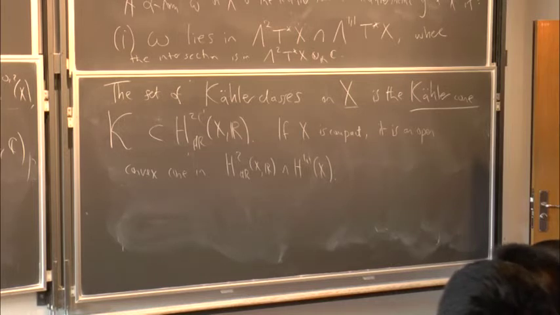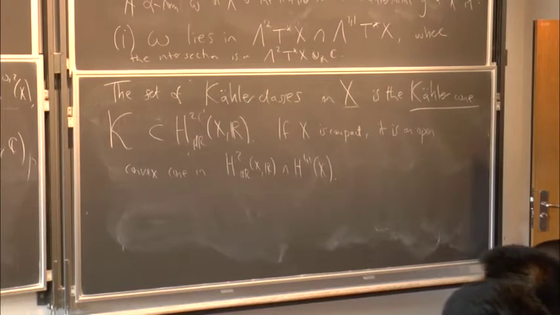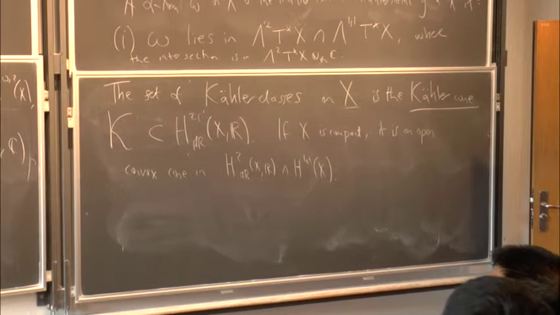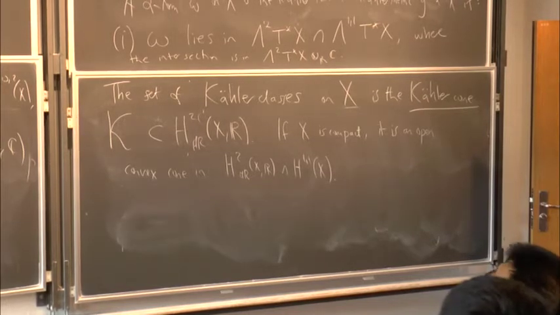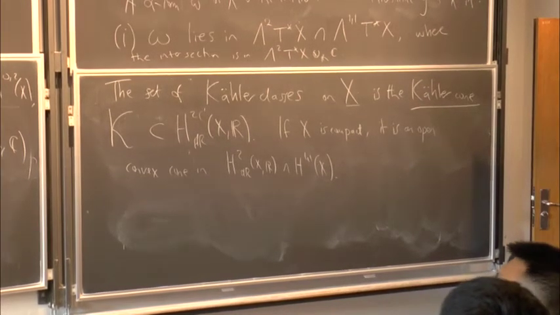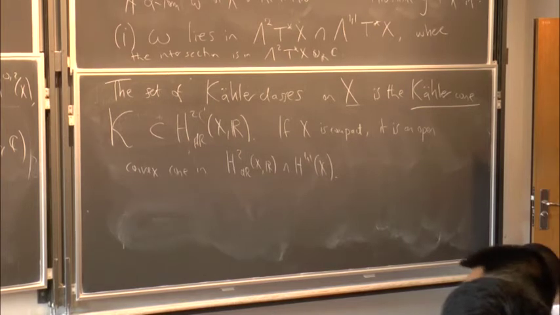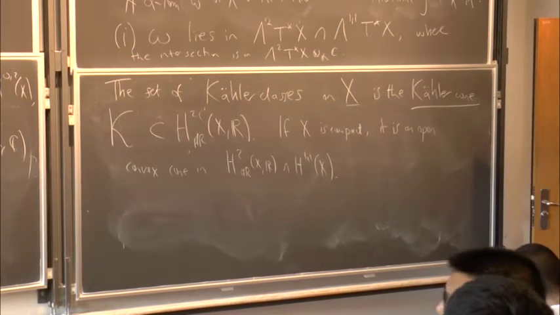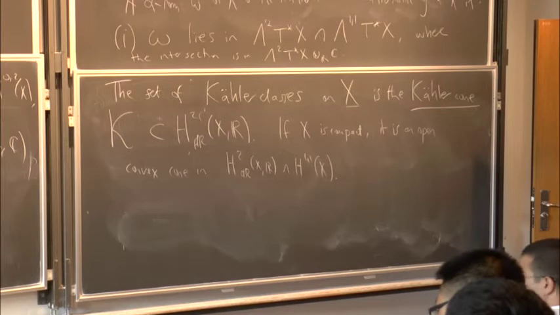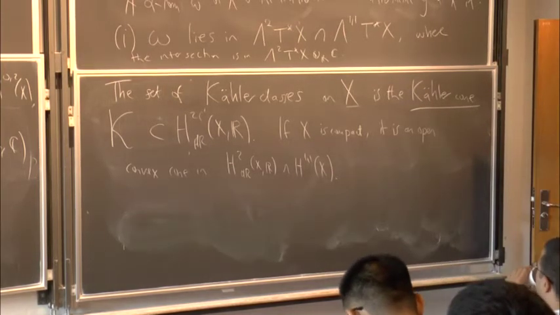Okay, now there's something called the DD bar lemma. Well, so there's two versions. There's a local one and there's a global one. I'm going to put them both in the same result as parts A and B. So part A would say that, let's suppose big U in C^m